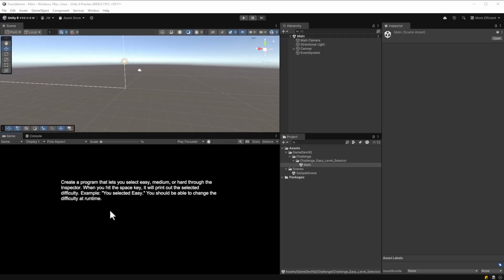You should be able to change the difficulty at runtime, which means while the game is running, we select something else, hit the space key again, and then it updates. So looking at this, what is the first thing that we need to solve? Remember that the program has no idea what the concept of a difficulty is. It doesn't know what easy is, doesn't know what medium is, or hard. In fact, the concept of you selecting something doesn't even exist. So I will see you in the next video where we'll take a look at the challenge that you have